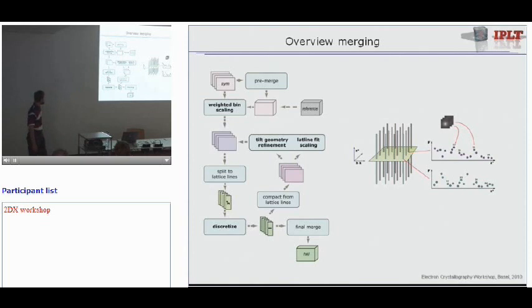Next step is basically to do the tilt geometry and lattice refinement based on that first scaling, or also afterwards, once you have fitted lattice lines. Then you can do refinement, get the lattice line, fit every lattice line, discretize it, and use this to go back and further refine the tilt geometry and the scaling to get a more exact number there. Because chances are that in the first merge you won't get a very well refined data